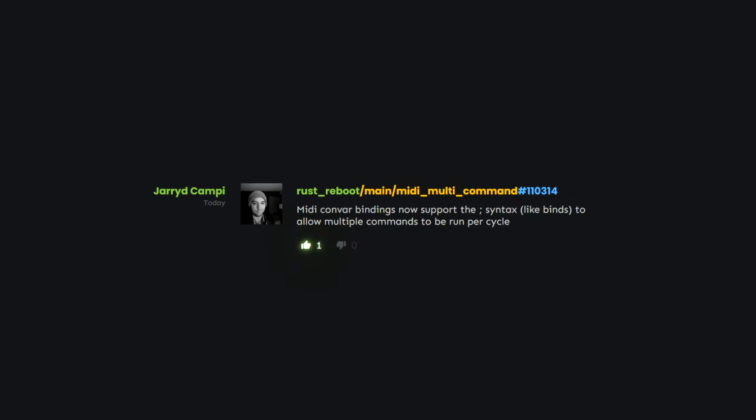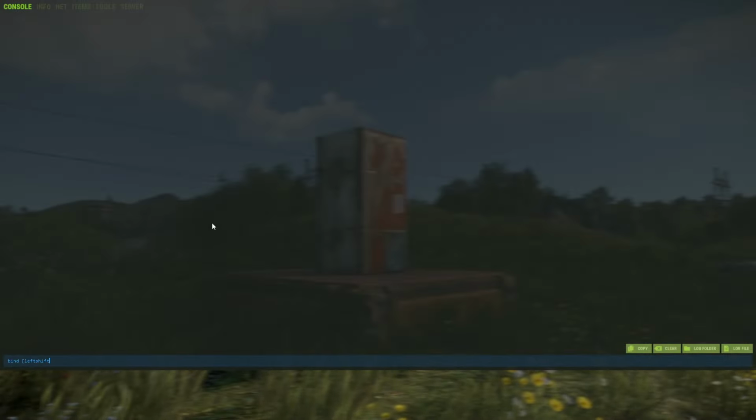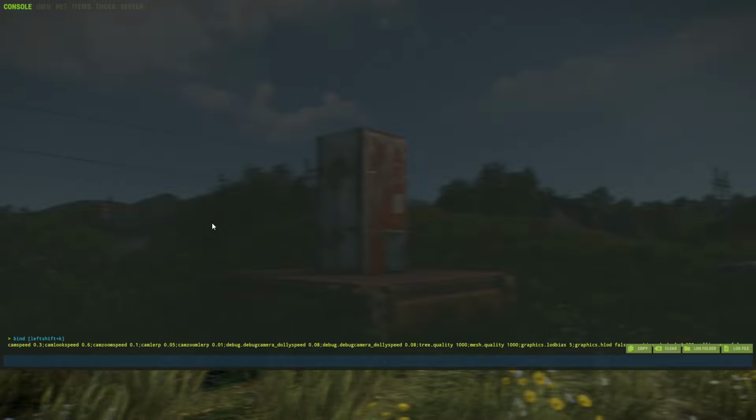And if you use MIDI controllers for keybinds, the convars will soon support the semicolon syntax to run multiple commands in a cycle. And if you're unfamiliar with what this is, I have a keybind where I hold Shift and press K, and then it runs a whole bunch of cinematic camera commands. And there's a bunch of other things that you can do with this, and this will be coming to MIDI